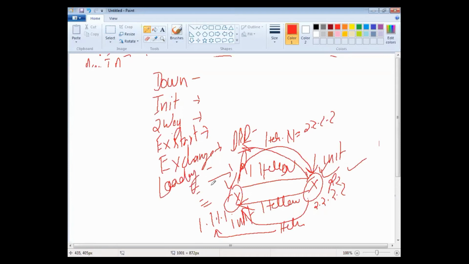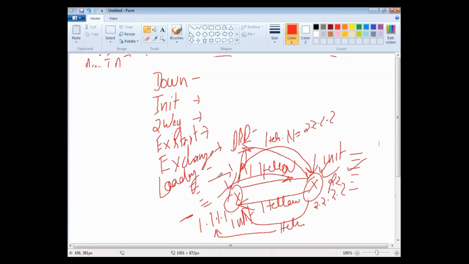Loading state. It indicates that routers are finally exchanging the LSAs, link state advertisements, containing information about the links. If R1 found that it has one route extra, it sends it by an LSU, link state update, to R2, and in this exchange, both routers will have the identical topology database table.